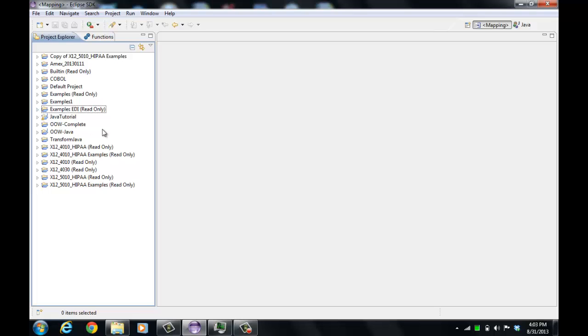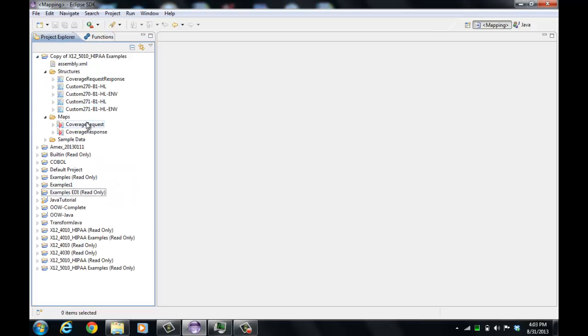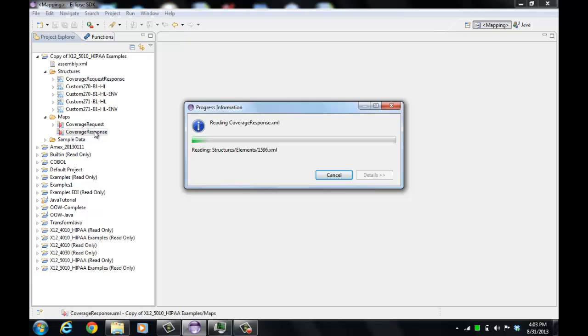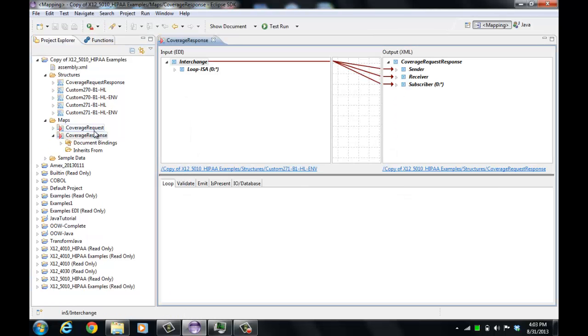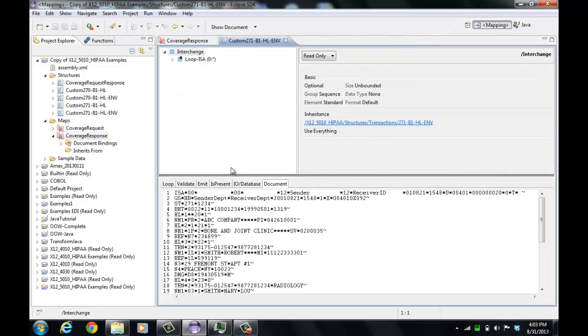One of the types of EDI currently in use is healthcare EDI, a special kind of X12 EDI that has been heavily extended to deal with healthcare and is mandated by United States law for HIPAA, the Health Insurance Portability Act. These transactions are normally pretty large and complex. Here we're going to look at a 271, which is a healthcare